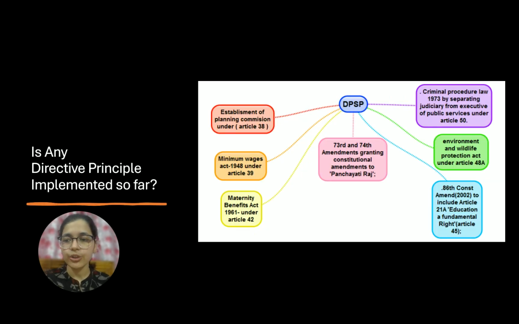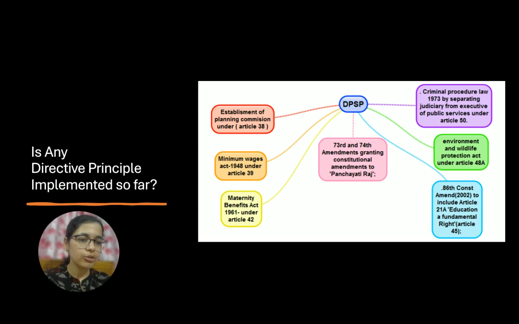Now the next question, is any directive principle implemented so far? And the answer is yes. Through different measures, the central government has enforced a few of the DPSPs. The first one is the establishment of the Planning Commission under Article 38. To enforce Article 39, the central government created the Minimum Wages Act 1948. To enforce Article 42, the Maternity Benefit Act 1961. To enforce Article 50, the Criminal Procedure Code 1973. To enforce Article 48A, the Environment and Wildlife Protection Acts were created by the central government. To enforce Article 45,